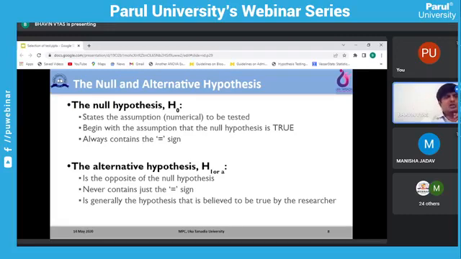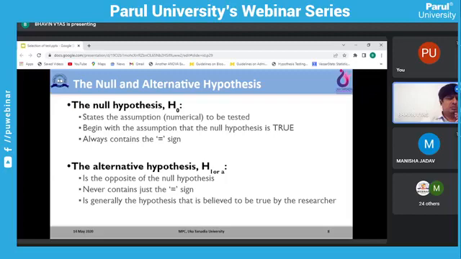In biostatistics, you always try to give the statement in the form of a null hypothesis, where you note that there is equality between two or three or four variables, and by doing the experiment you are trying to show that it is wrong, or that it should be rejected. Then you find a difference. That is known as the null hypothesis. The alternative hypothesis is always opposite to the null hypothesis.